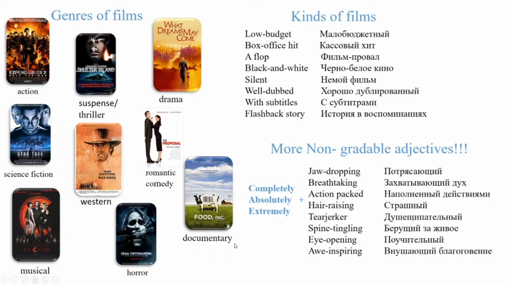Also we can give a recommendation for a film, a documentary. That can be interesting as well. Nobody can predict exactly what genre of film or book can be given. So this is a point, and maybe it's a musical as well. I've prepared for you some phrases that can be useful when you do writing. So, kinds of films. You see that there is some active vocabulary given that can be used here.